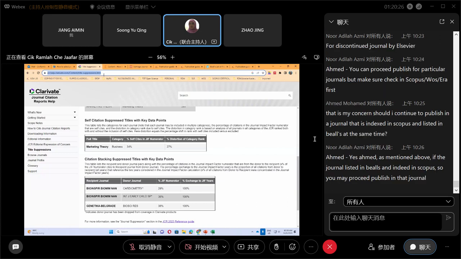Okay, this is the list for you to check later, if you wish to check the title suppressions from Clarivate. So what is title suppressions from Clarivate? Why is this important for students to check before publishing your article or journals? Let me tell you that this is very important because Clarivate is the body who owns